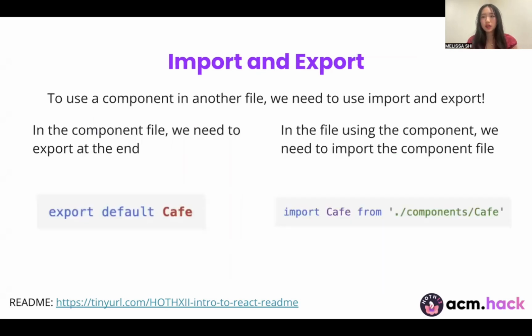To use these components, we need to use import and export. In the component file, we need to export the component at the end. To do this, we'll do export default the component, and in this case, the component is Cafe. In the file that is using the component, we need to import the component file, which we can do by saying import Cafe from